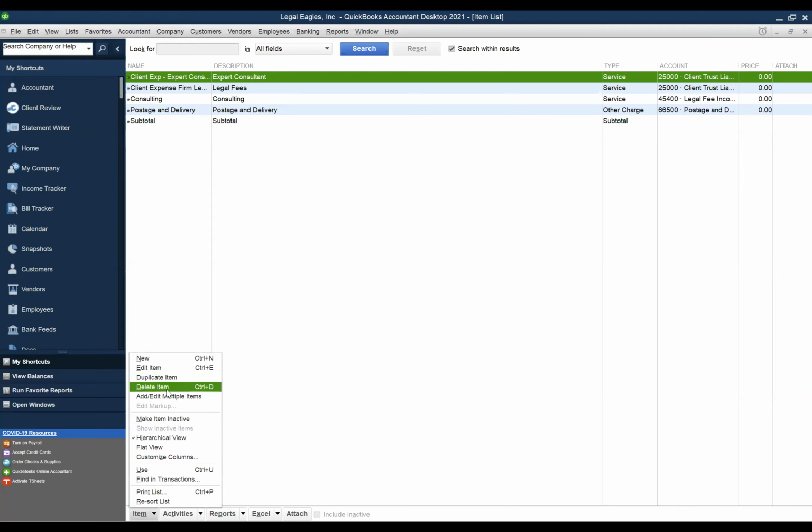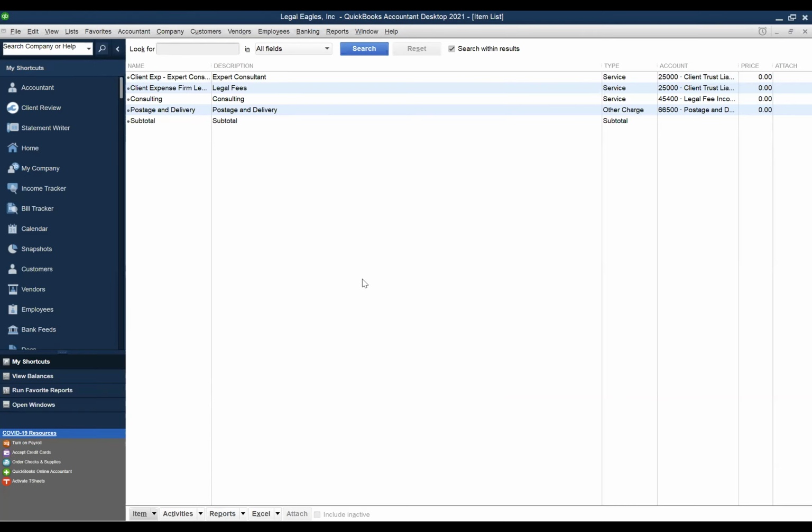You can delete the item as long as you have not recorded transactions. And if you have recorded transactions, you can make the item inactive. Okay. All right. So that is basically how you add, edit, delete, and inactivate items, also known as